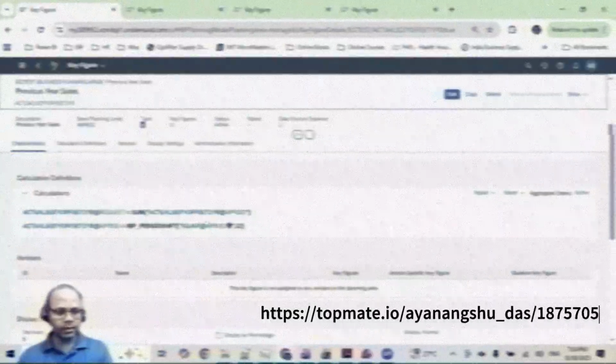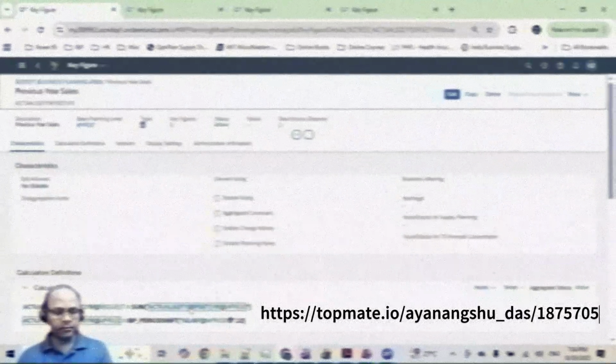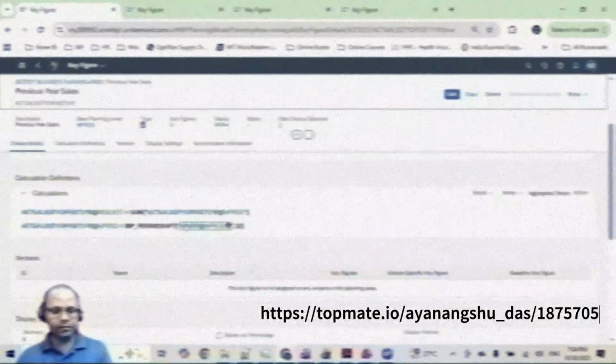So what we see over here is that this is the key figure that we are offsetting. So we have this key figure adjusted